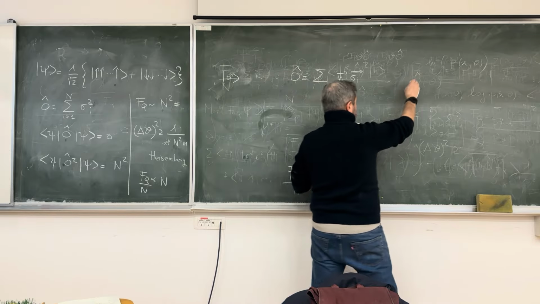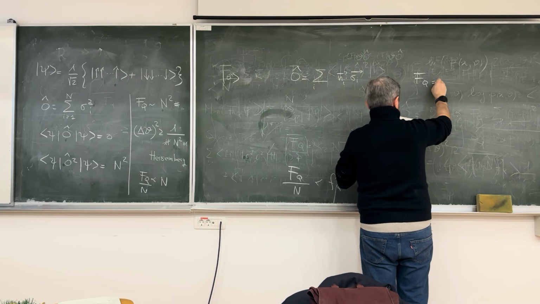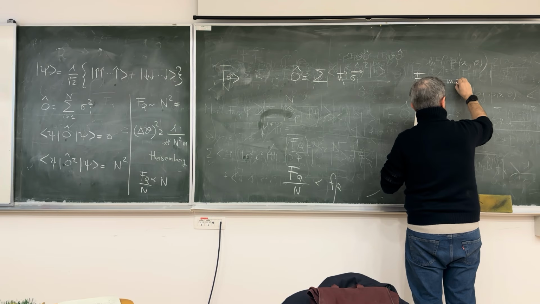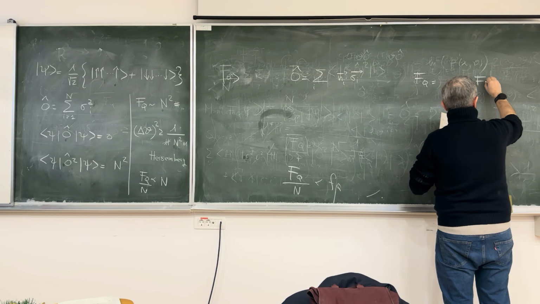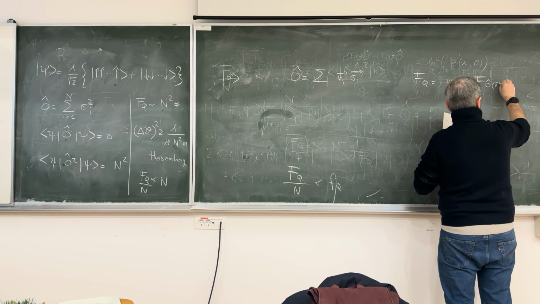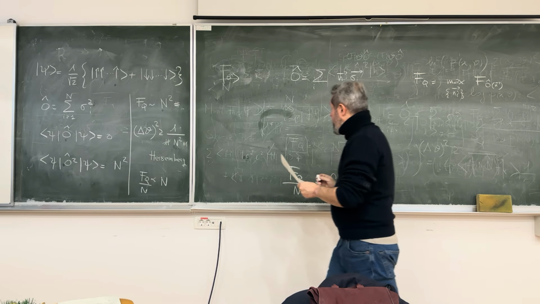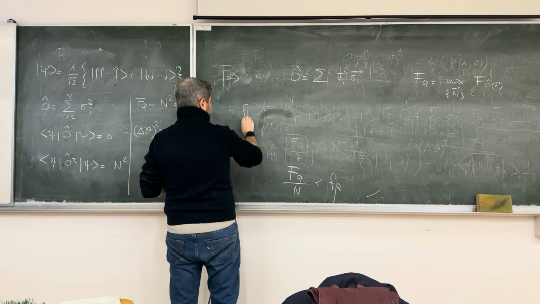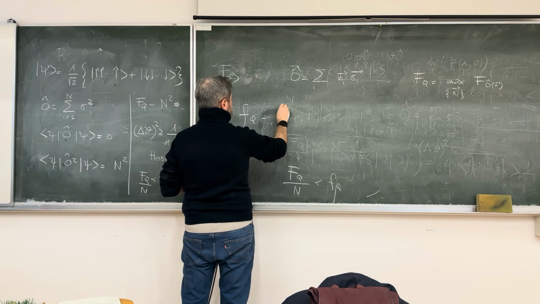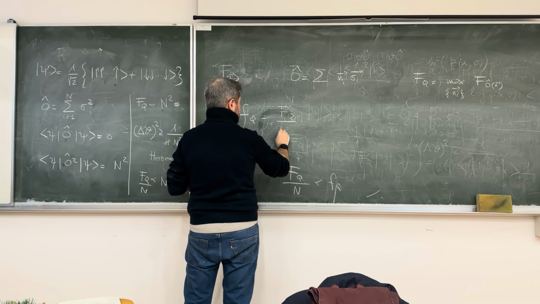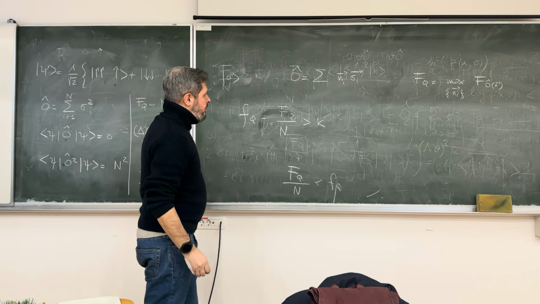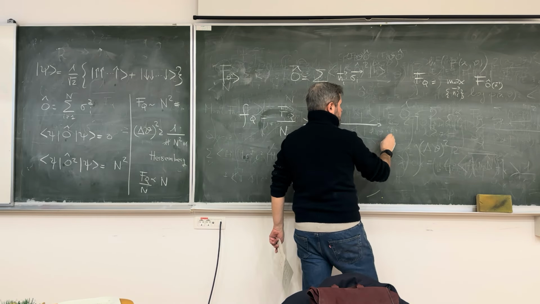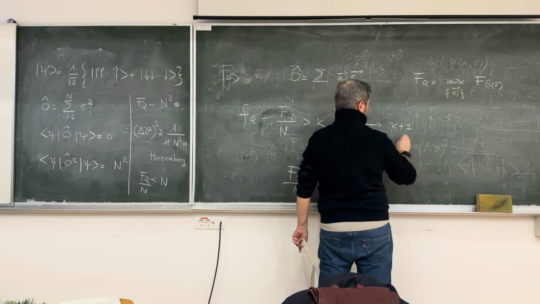Then define the quantity f of q equal to the maximum over all the possible versors of f of O of n. If f of q divided by n is greater than k, then it means that your state is k plus 1 entangled,